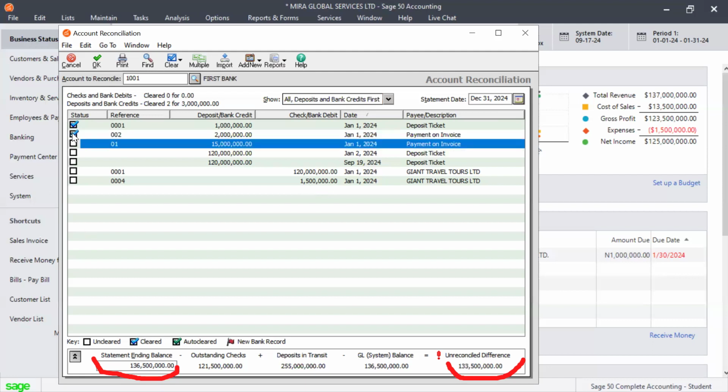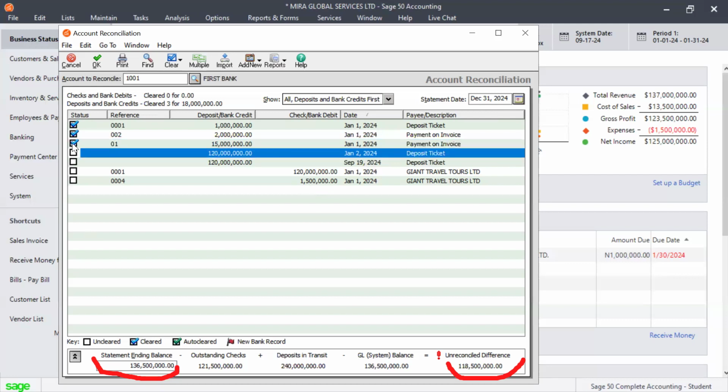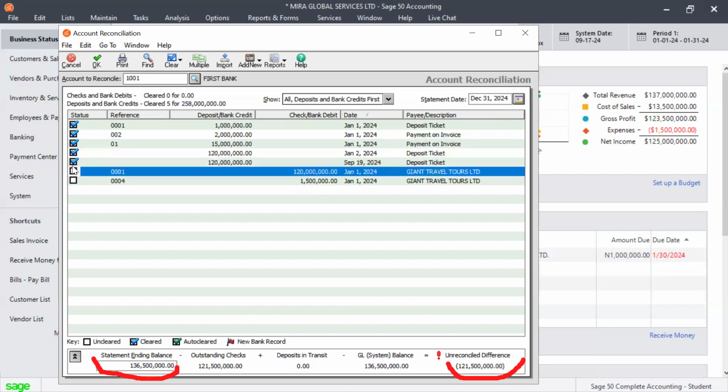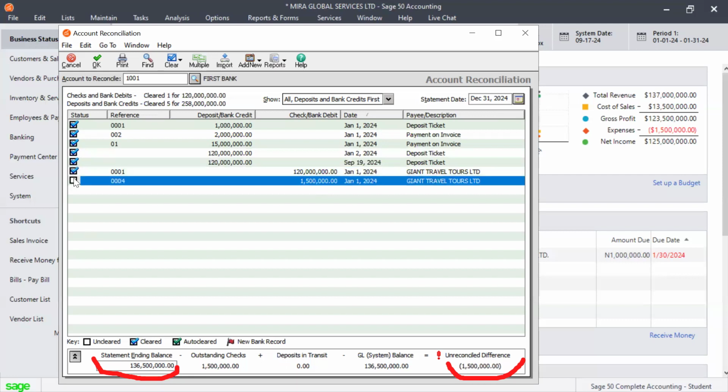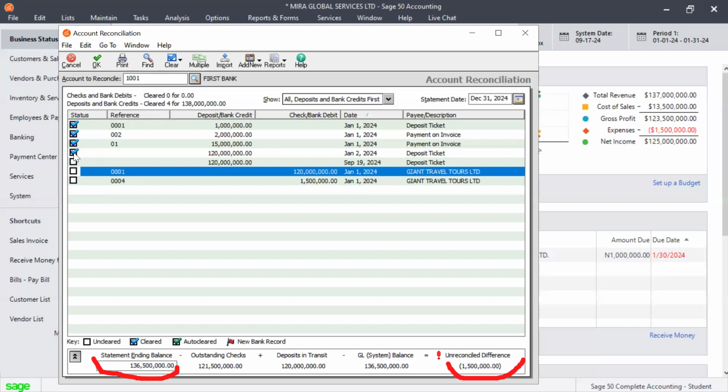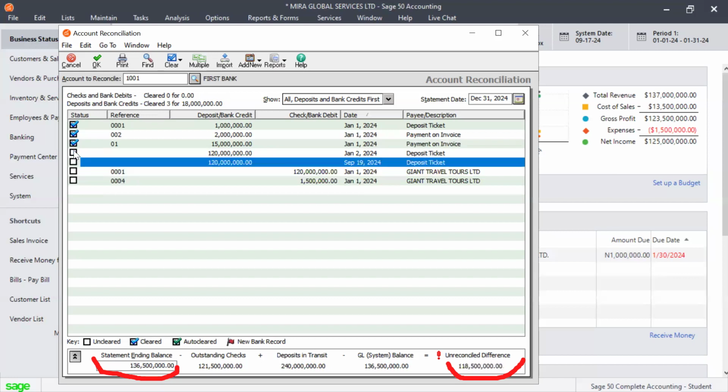So we say, okay, this payment on invoice with 002 reference is on the bank statement. So we'll keep ticking on the match, and that's how we keep going. All right. So that's how we keep going closely on this. All right. So when we get here, we are matching them. So when we get here, we'll find out that we are now left with